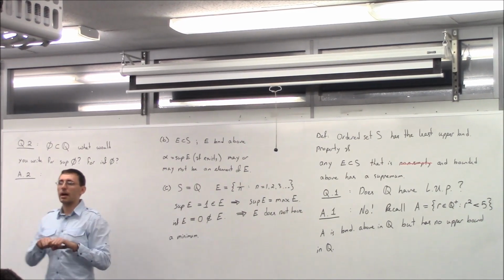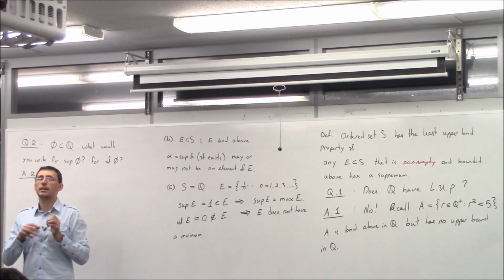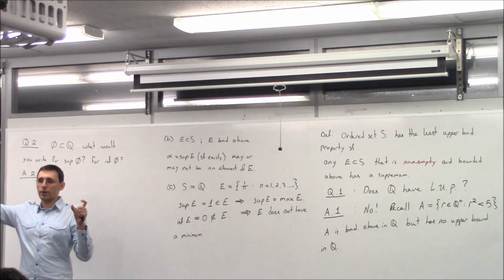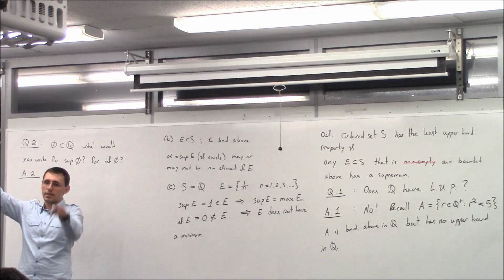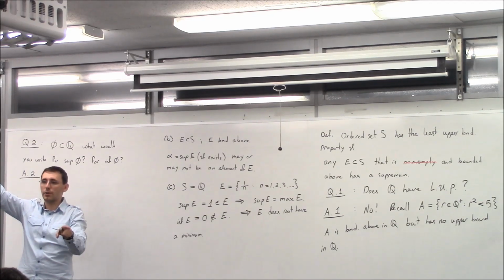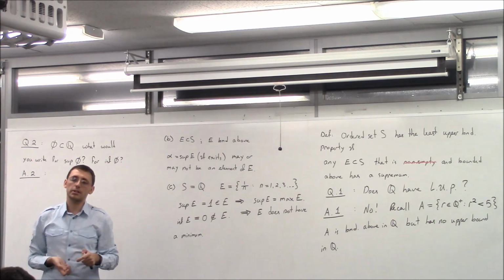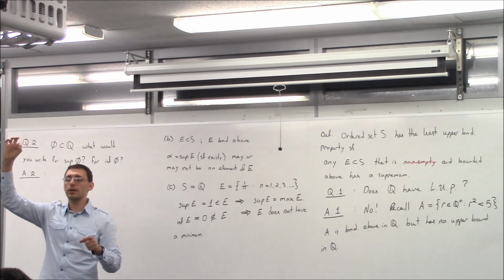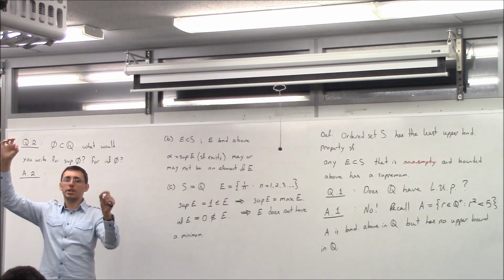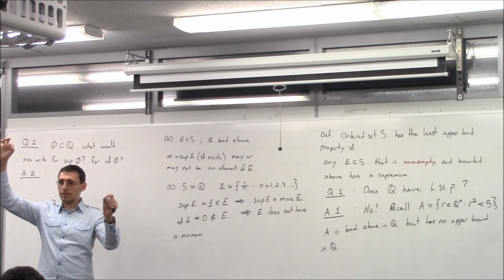Here's what happens. How do you verify that something is an upper bound for a set? You take a number and you test it against anything in the set. If that number is bigger than anything in the set, then it's an upper bound. Now I take any rational number. Take 0, for example. Is there anything that will challenge 0 from the empty set?